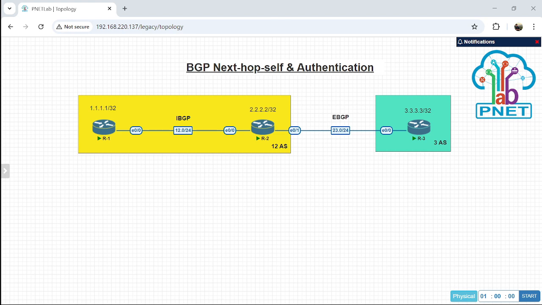and for router 3, I will advertise its loopback IP to the BGP network.